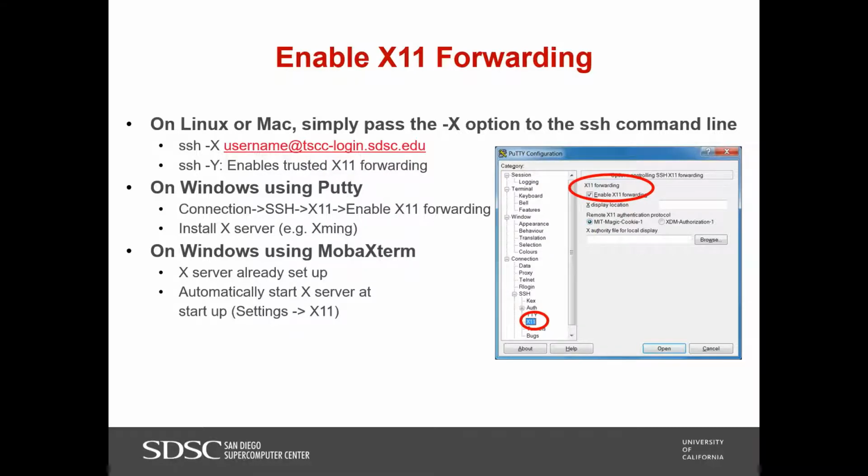But if you are using MobaXterm, that X server will be set up automatically, so you don't have to set up the X server. So you just check the X11 forwarding in MobaXterm, and once you log in, the X11 forwarding will be available to you to use GUI.